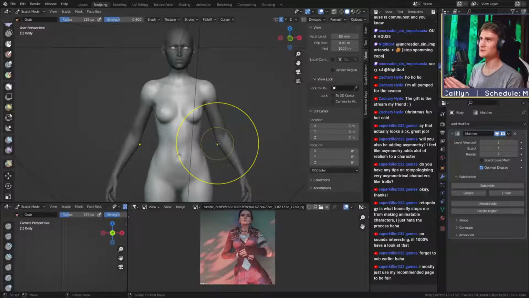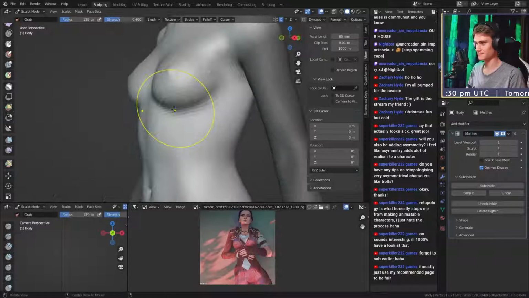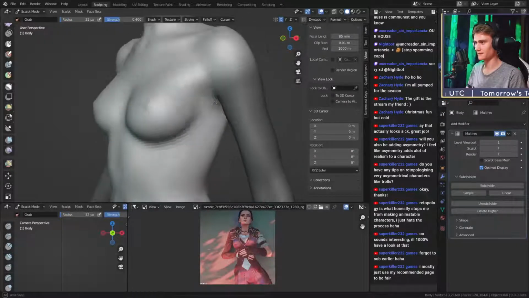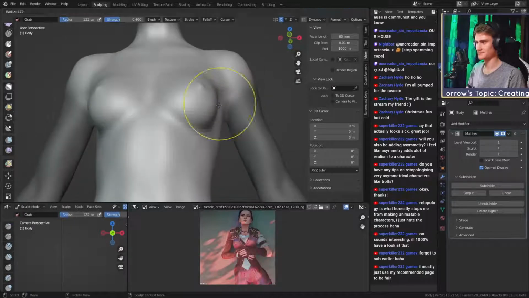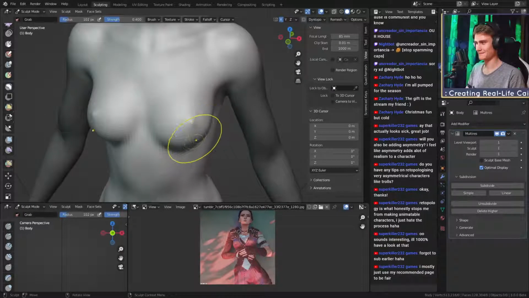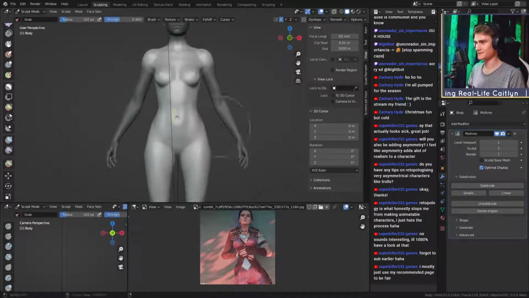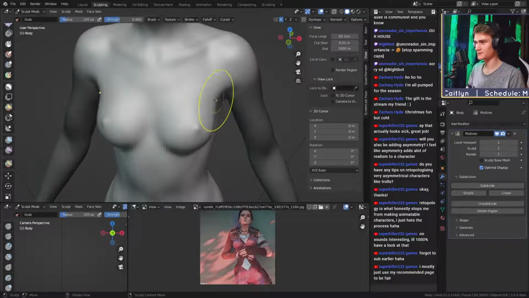So you could either model it naturally first and then change it later, or you just model it as if she was wearing something right away, which can also look weird sometimes. I guess it's your choice. So I think that's pretty good for the beginning. And then we can go to the,